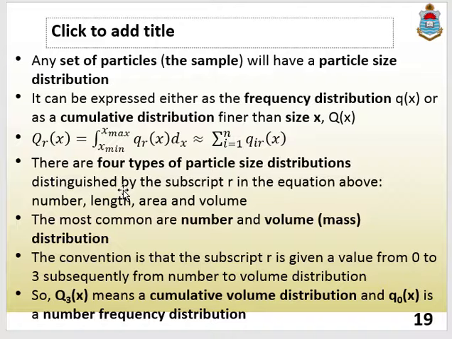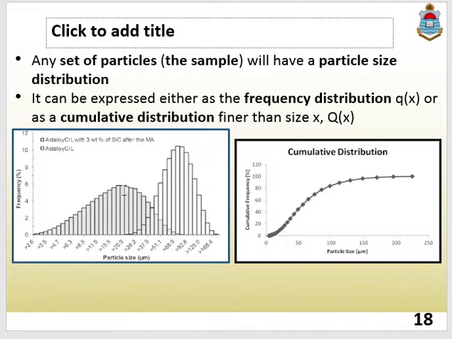On the other hand, we also have an option that instead of seeing all the particle size ranges individually, we combine them. We make a cumulative graph in which we keep combining the successive size ranges and the mass of each size range individually, and both of them have their own application.